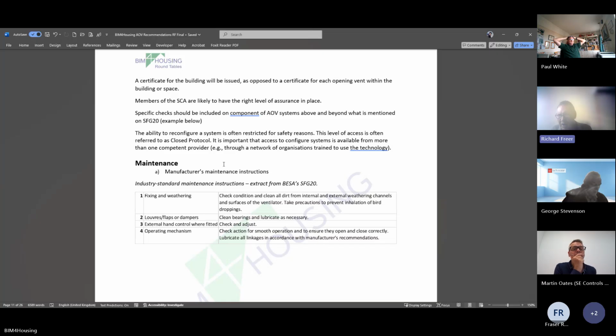And with AOVs, what should it be? Well, to my mind, it would be the same thing, that there'll be a design schedule for how they're selected. Yeah, I mean, it can be very similar to the fire damper one,